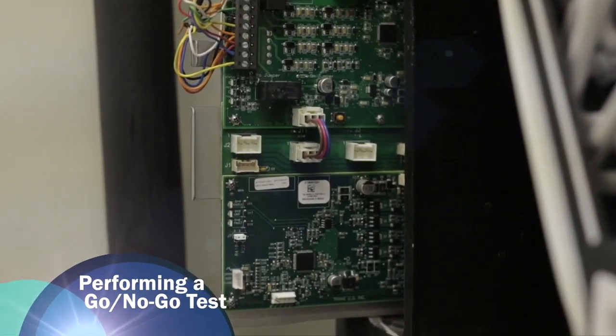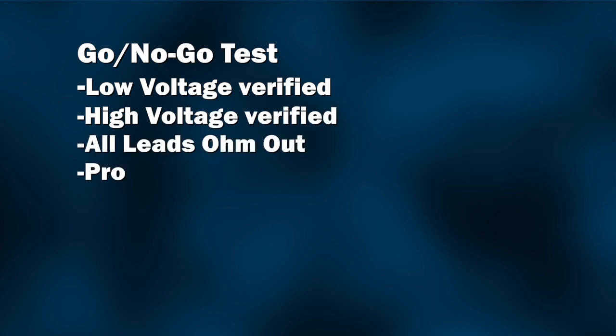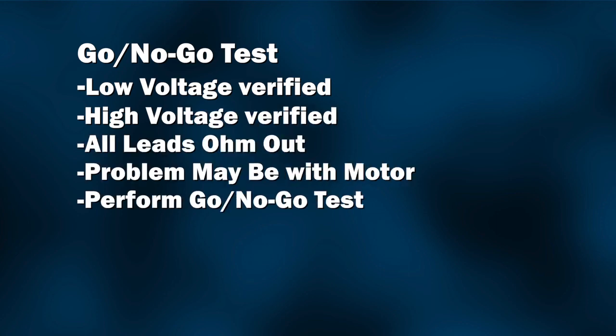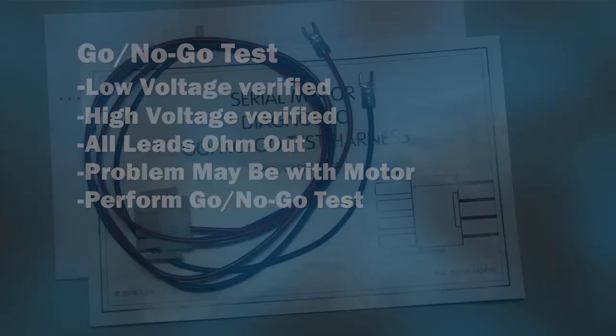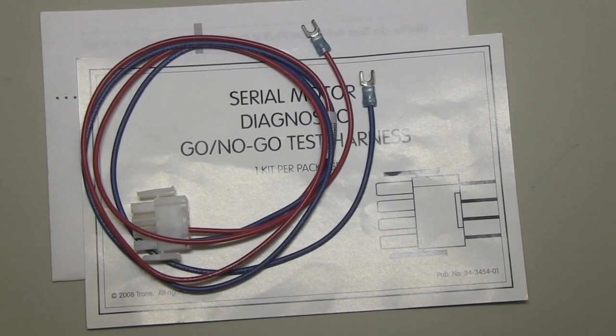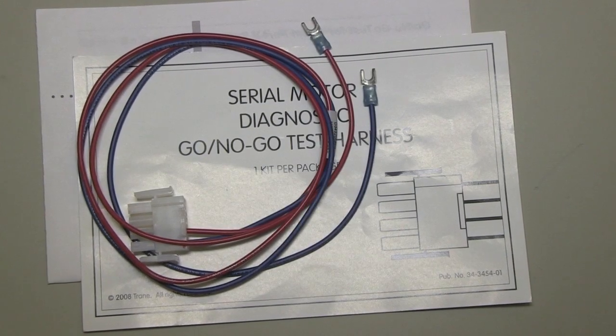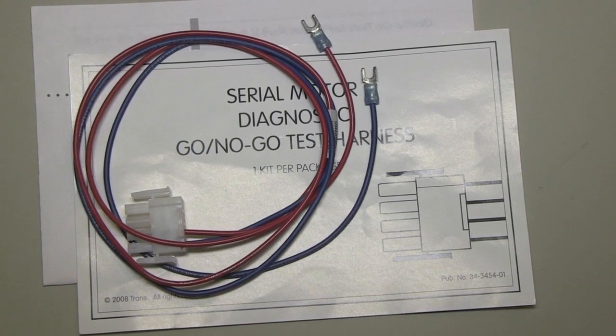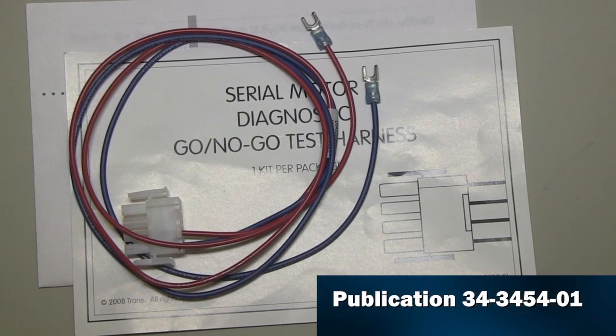Performing a go, no-go test. If you have verified low and high voltage power at the blower motor and all leads ohm out, then there may be a problem with the motor itself. To verify, perform a go, no-go test. It is recommended that you perform this procedure using a serial motor diagnostic go, no-go test harness, available through publication number